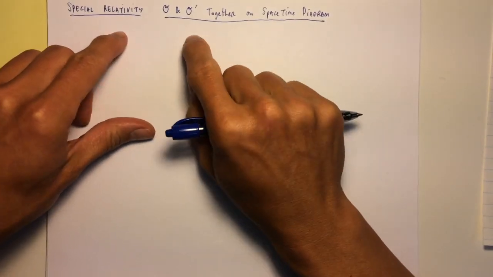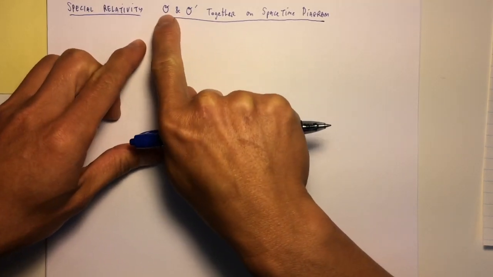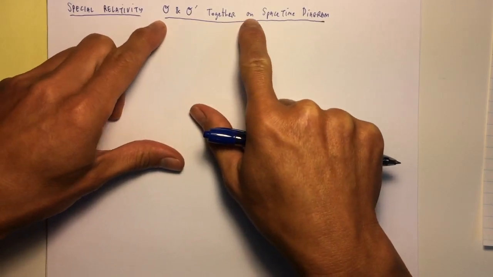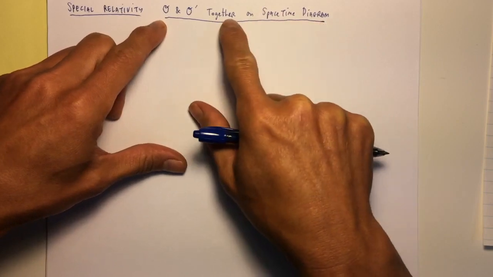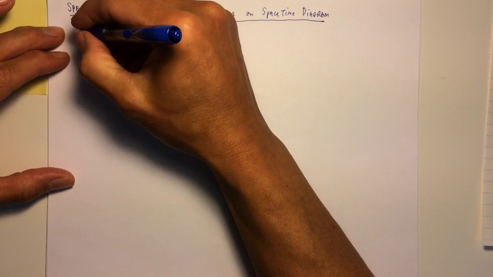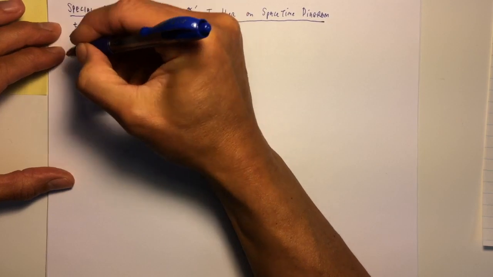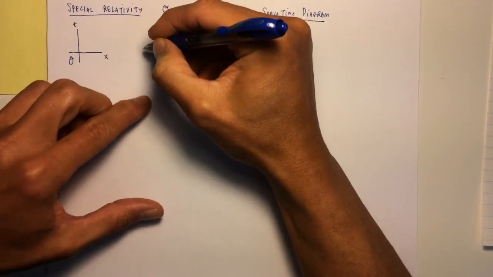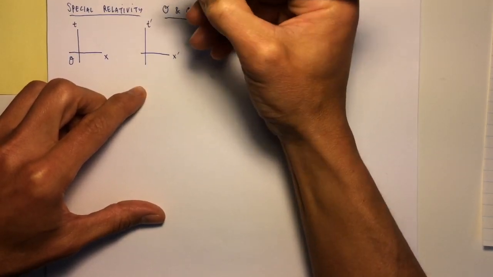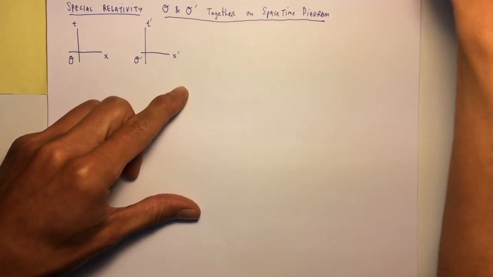So what I want to do in this video is show that you can look at observer O and observer O prime together in one space-time diagram. This is in contrast to normally thinking, so I've got X and T that belong to O, right? And separately having X prime, T prime that belong to O prime, and having essentially